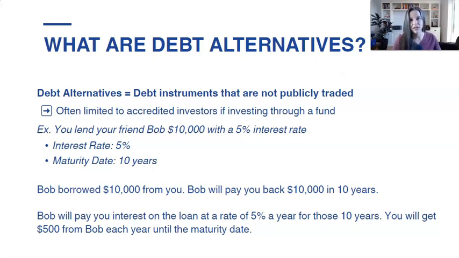I would never touch fixed income. I've been very clear that I do not invest in traditional fixed income investments. I do think there are some types of debt alternative investments that are much more attractive and just better investments overall. So that's another reason to separate them out. But we're really talking about debt instruments that are not publicly traded. They're not things that you can just go out and buy in your portfolio, like bonds, for example. And they're things that I think are much more sophisticated.